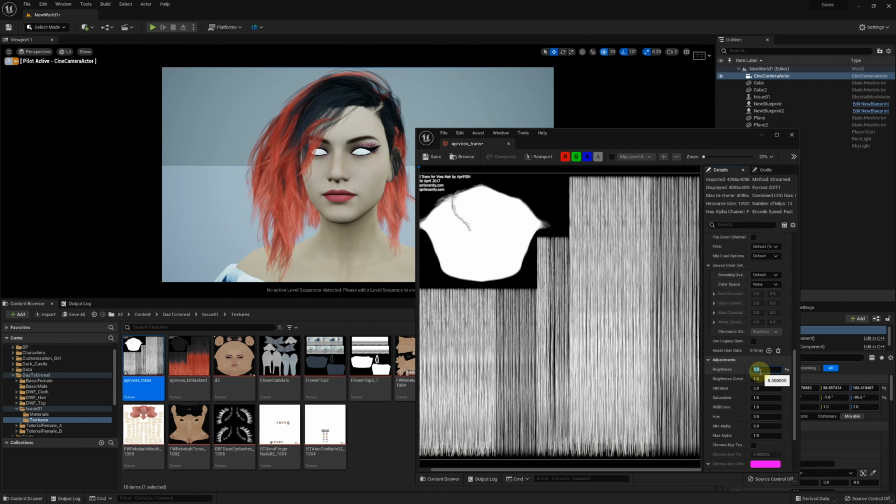Or you can adjust the map in Photoshop, then import to Unreal.